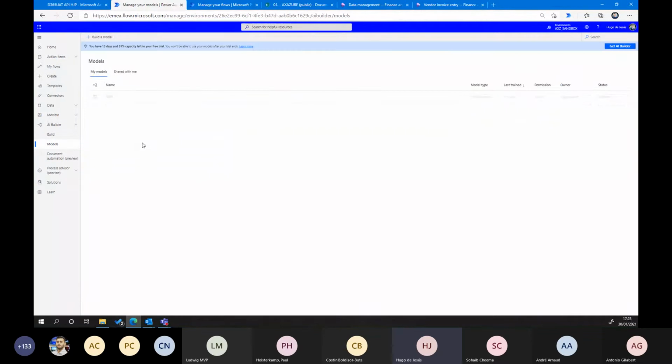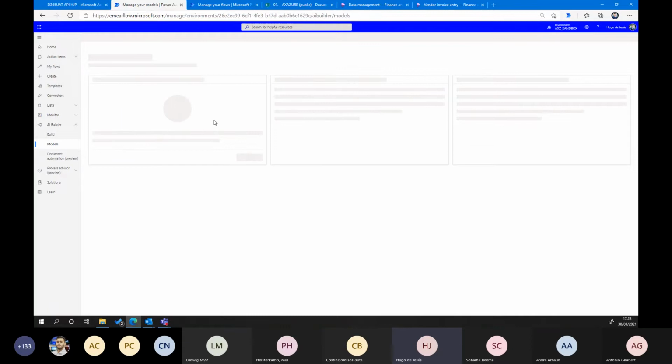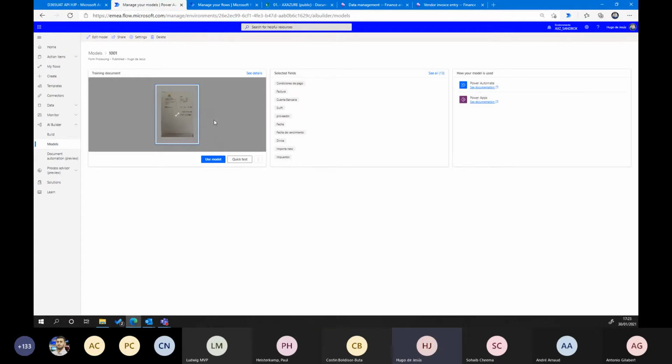This model only has a few fields, not that many, but because it's very simple, and from one or two months, this kind of model allows you to create collections. In the past you needed to create one model for each vendor, and this was a mess, because you needed to put a condition in the Power Automate to decide what model to use depending on the vendor. In this case, you can use different collections. Of course, the fields are the same, so you can use only one model.